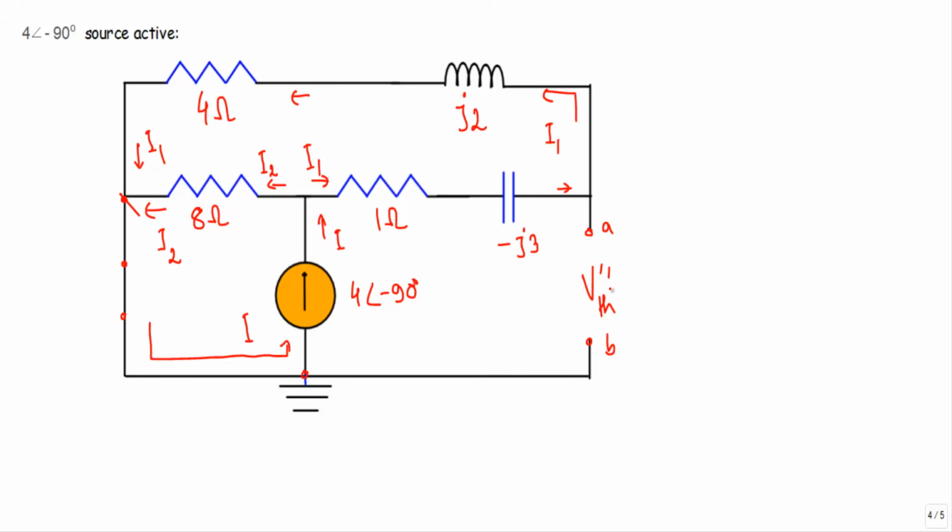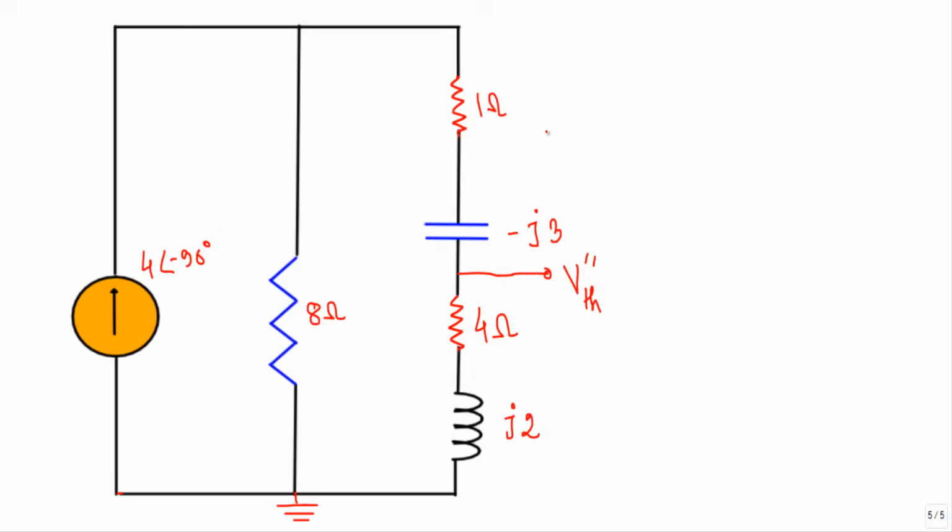Now see, what is this VTH prime? If this is our A terminal and this is our B terminal, I can extend this B terminal up to this point. So here, VTH double prime will be the voltage across this J2 inductive reactance and the resistance of 4 ohm. Therefore, if I redraw this circuit, I will get a new circuit like this, in which